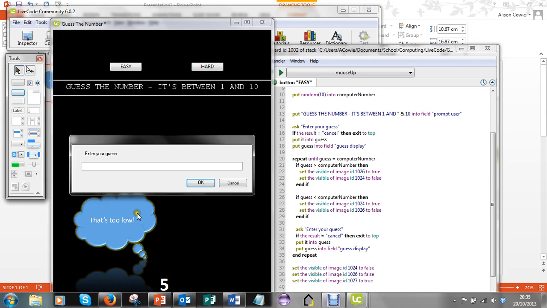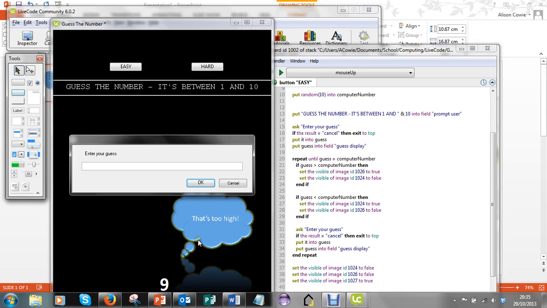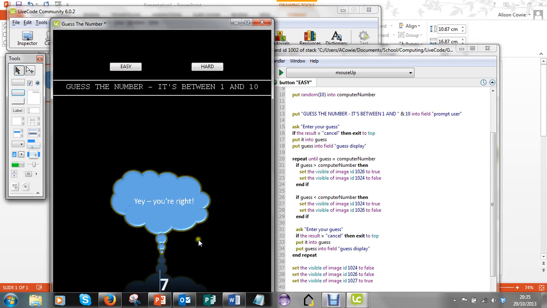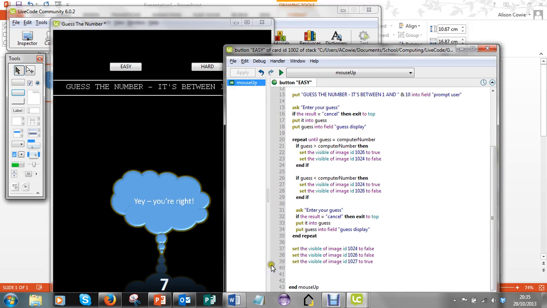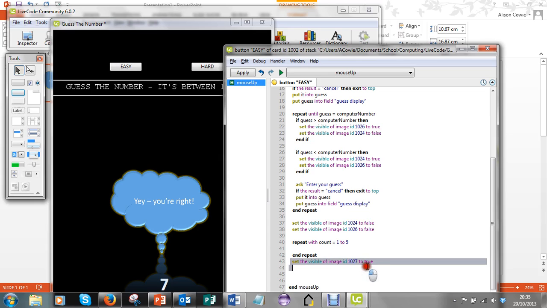5, that's too low. Let's do 9. That's too high. 7. Yay, you're right. And you could do something like, if you wanted it to flash at the end, let's make it flash. So I'm going to make it flash, repeat with, let's say 5 times. So I'm going to just have a little counter, 1 to 5. And I'm going to take that, copy that, just copy that line,